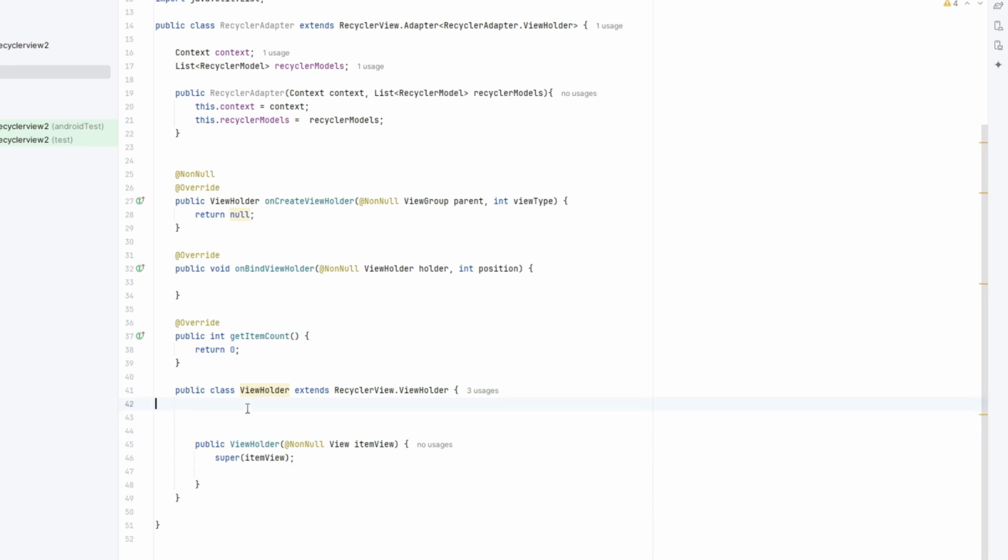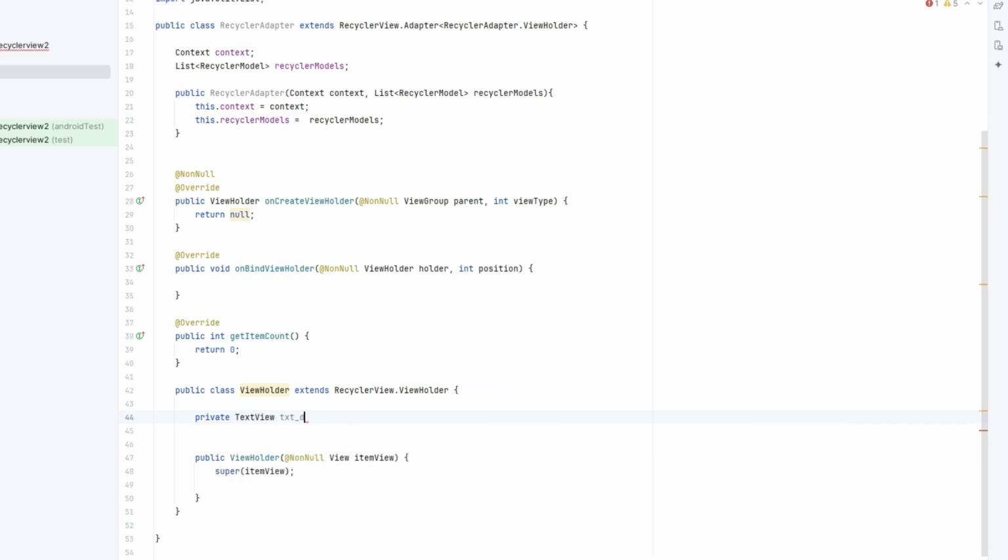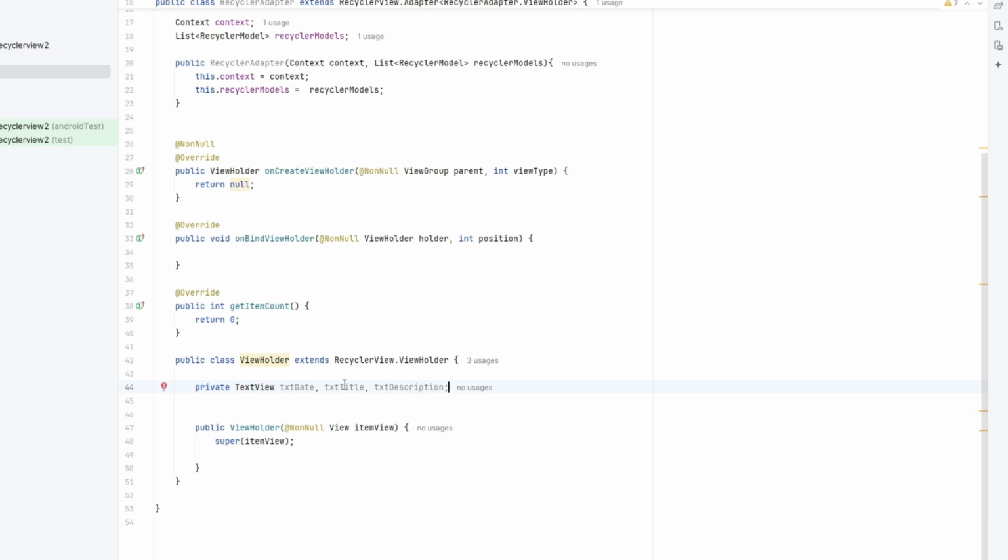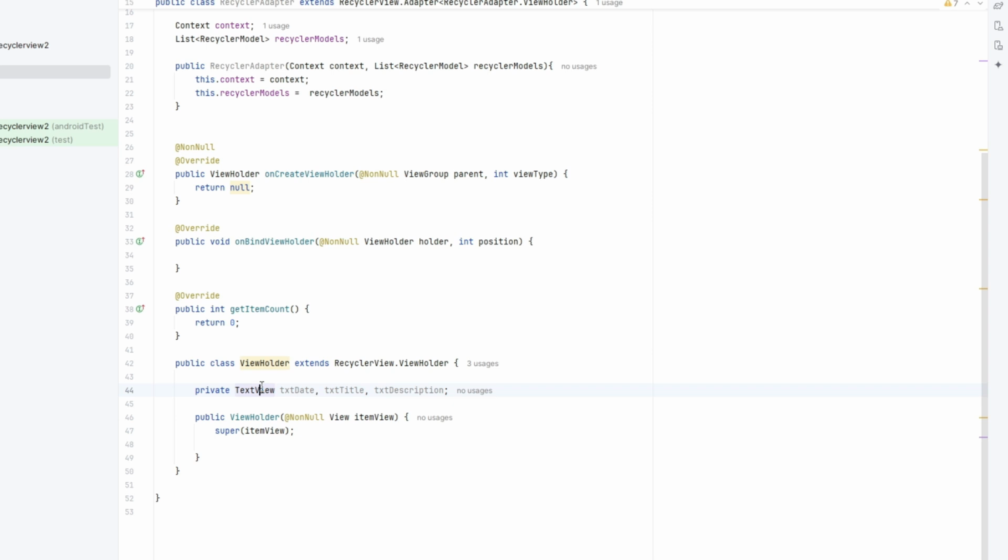Inside the class, we use private TextView textDate, textTitle, then textDescription. Okay, so we have the variables of the TextView.